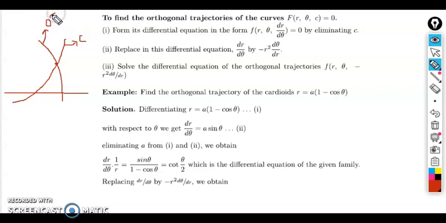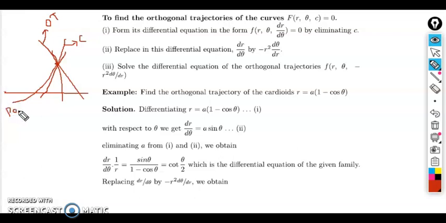It's your OT, orthogonal trajectory, and this one is your curve. If we make a tangent here, what is the meaning of the two curves being cut orthogonally? It means their tangents should be at 90 degrees. Okay, so if we consider this one is your pole,